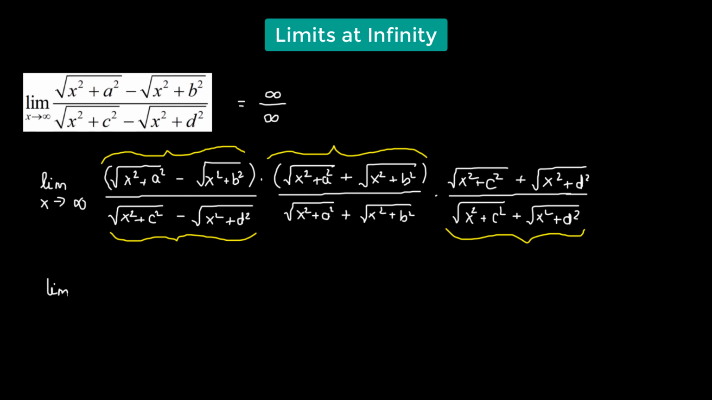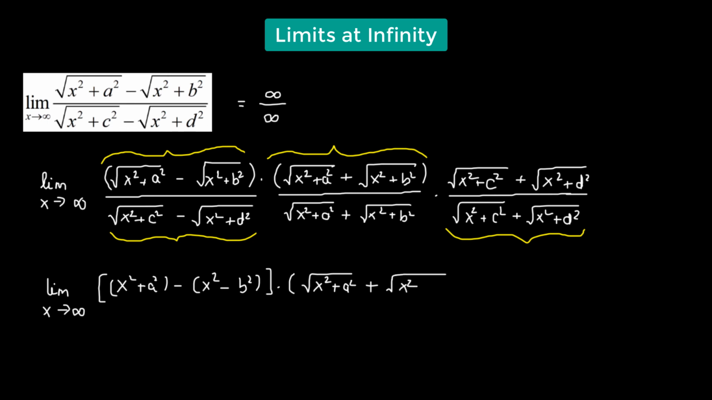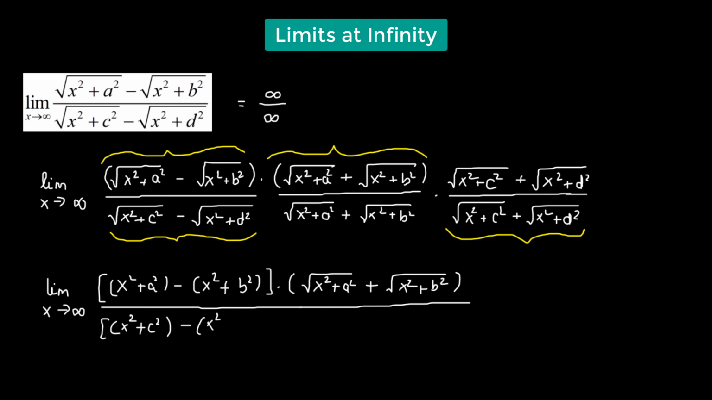So we have limit x going to infinity. So square root of x squared plus a squared whole squared is simply going to give us x squared plus a squared minus the square of square root of x squared plus b squared is going to give us x squared plus b squared, times the remaining part, which is square root of x squared plus a squared plus the square root of x squared plus b squared, divided by, we have x squared plus c squared minus x squared plus d squared times square root of x squared plus